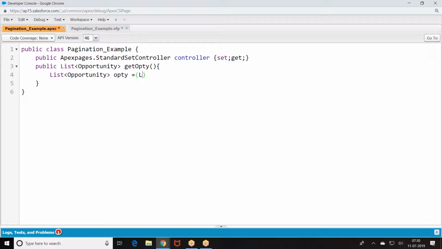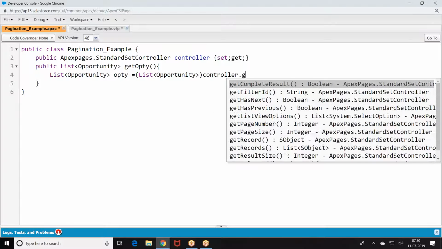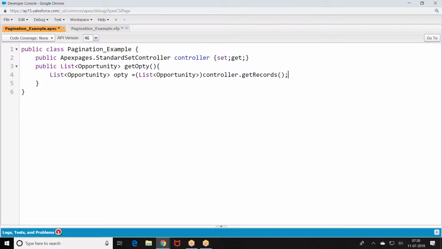Opti equal to control.getRecords. Whichever records are referred to by the controller, those records are returned. Yesterday you already saw controller.getSelected, controller.getRecords. Whatever records are referred to by the controller, get those records.